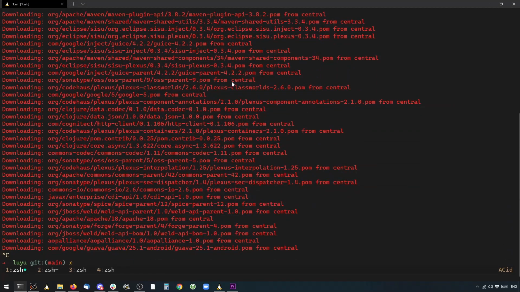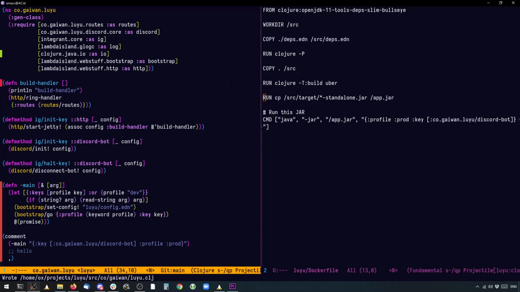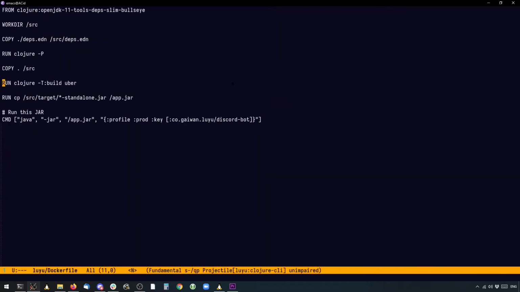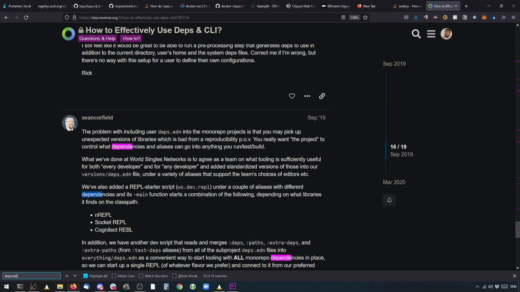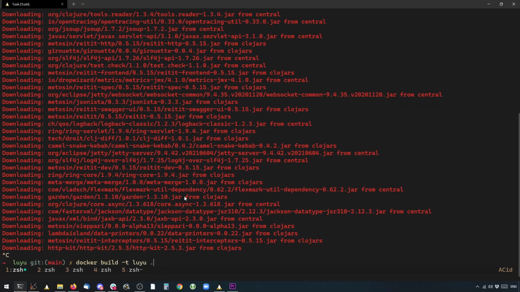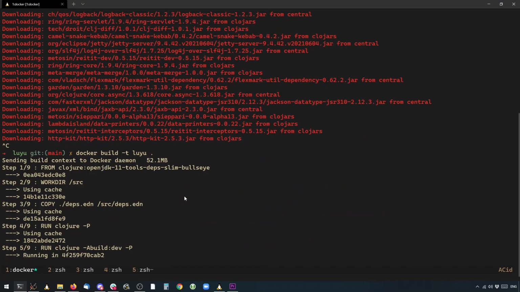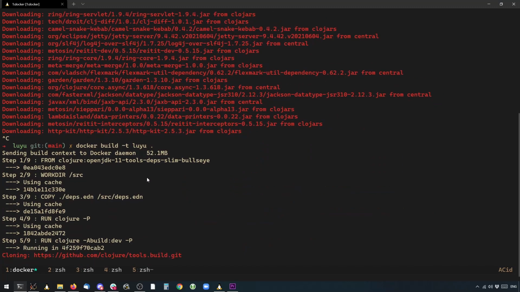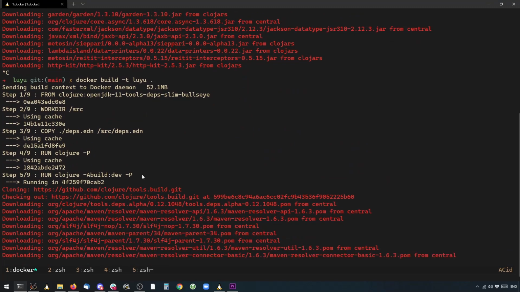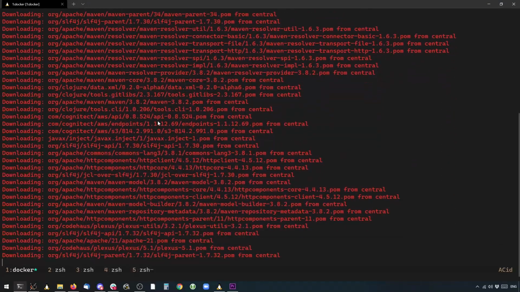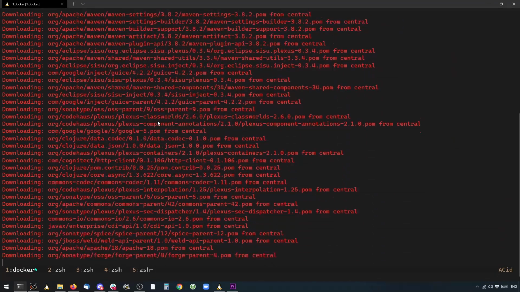Let's exit out. Let's go back to our Docker file. Okay, so let's run one command for the base and then let's run one more preparation for the build and probably the dev paths. Let's do that. Let's exit out of this. Let's build it again. Awesome. So closure p is already being cached. That's great. And hopefully the a build dev should also get cached from next run onwards.